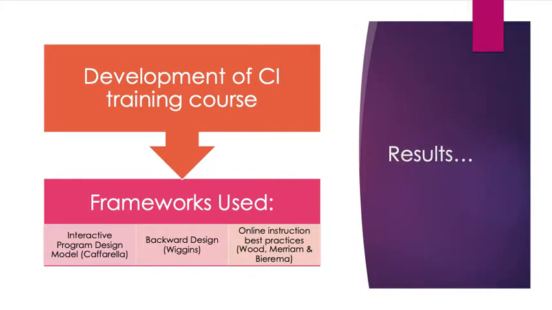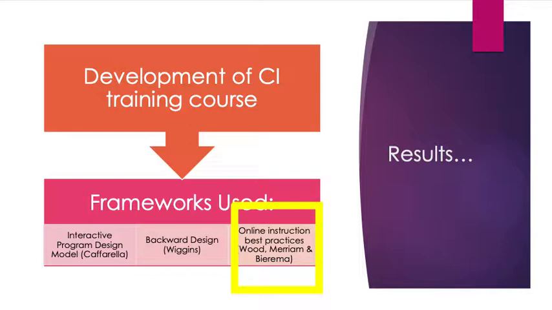With my evidence-based content list in hand, I started developing my training course. I used the interactive program design model published by Caffarella and Daffron in the development phase because it provided a systematic, structured approach to development. I also used Wiggins' backward design method to ensure that my learning activities had a direct link back to my program objectives. And finally, I consulted the literature on best practices for online instruction, since the course would be an